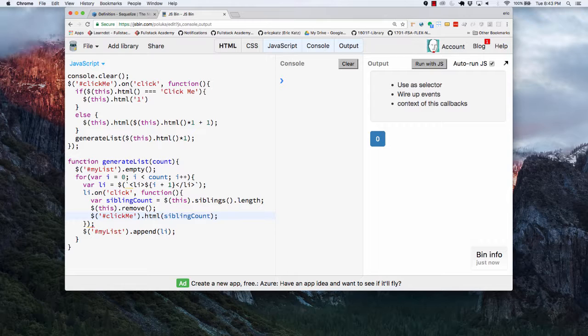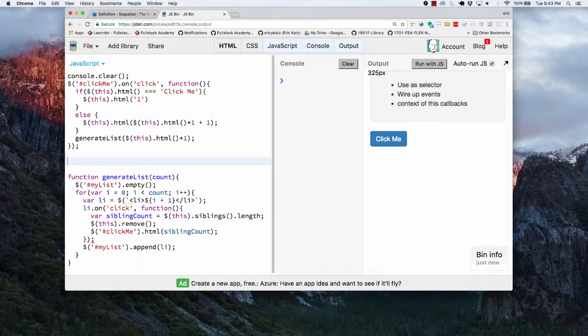The way it could work here is to go over here and say, we have my list that's on the page. This is kind of a subtle thing, but jQuery allows us to do something like this. It allows us to say, by the way, if I go my list.on click,